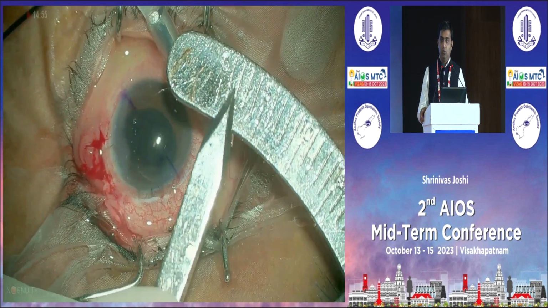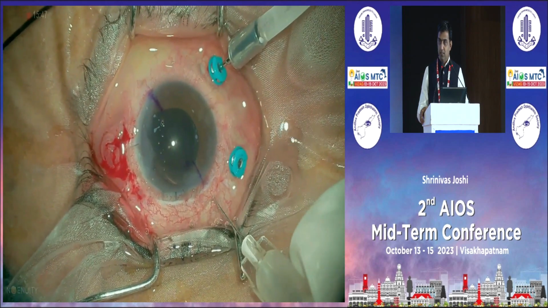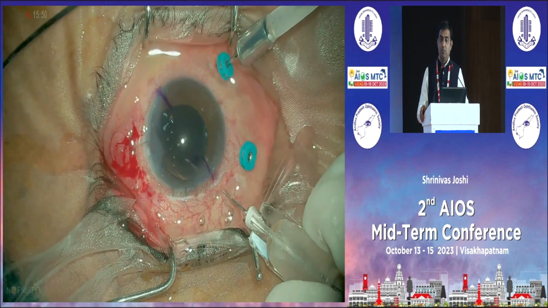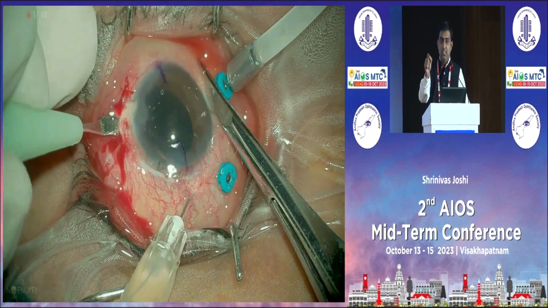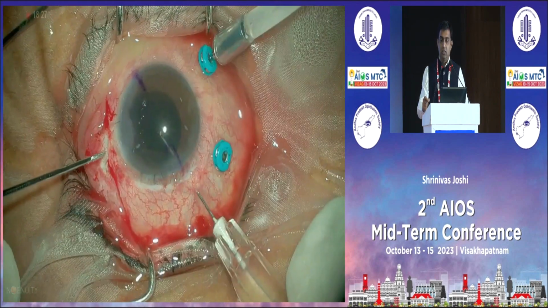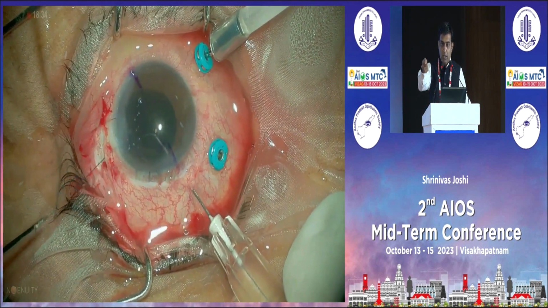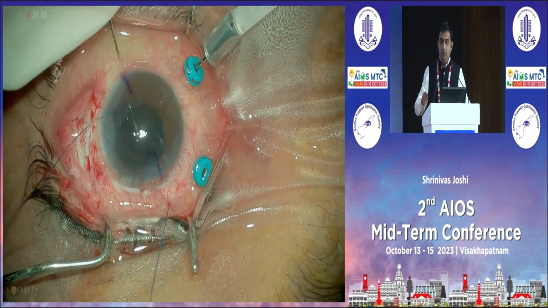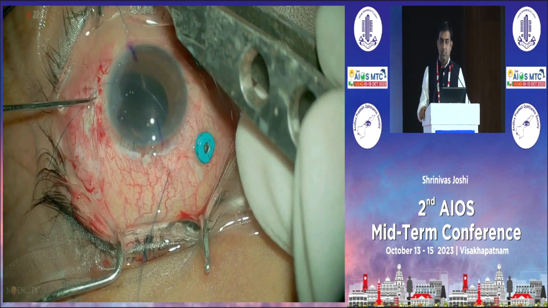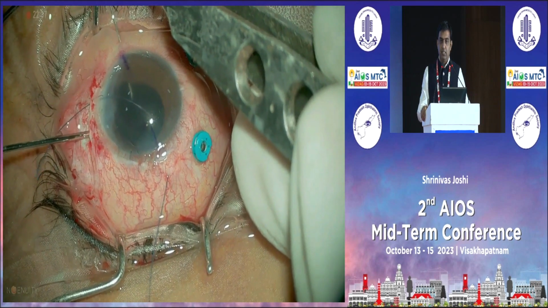So here what I am doing is a modified Sergio Canabrava technique using a 6-O-Prolene. I have already threaded that 6-O-Prolene into that 30 gauge needle. It's a 30 gauge thin bore needle. It's not a regular needle. With a regular 30 gauge needle, this Prolene doesn't go inside. So I'm now bringing it out through the tunnel, and then similarly on the other side, you just pass that 6-O-Prolene and then bring it out.